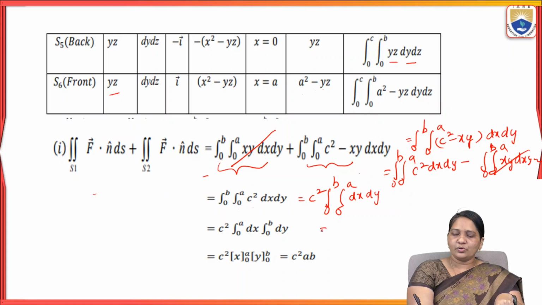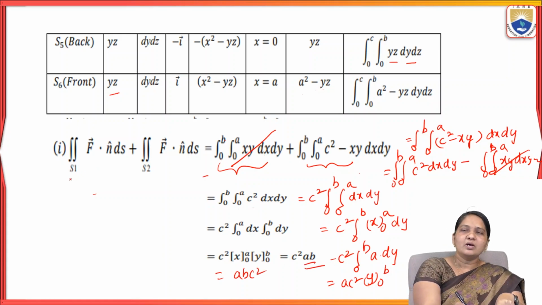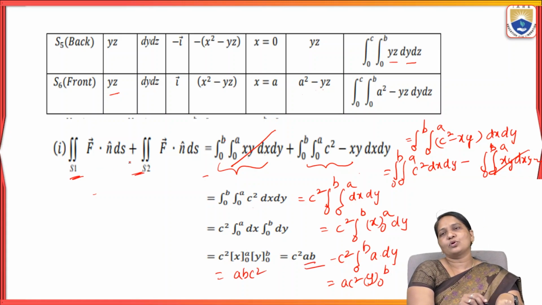So now first we are doing with respect to x. So c square integral 0 to b, integral dx is x, limits are 0 to a, into dy. Now c square into integral 0 to b, a into dy. So a also constant, a c square, integral dy is y, limits are 0 to b. So now a b c square, that is what we got here for